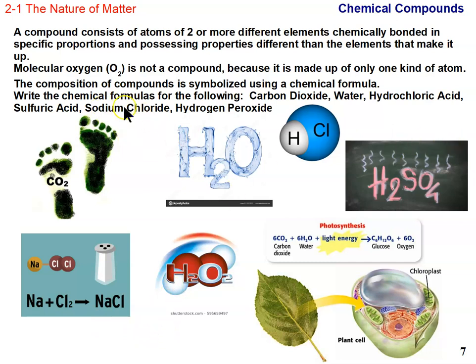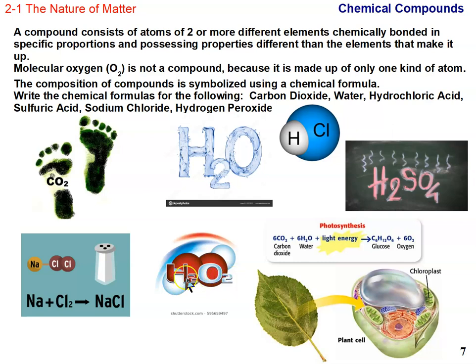Where were we? So that's sodium chloride, and then finally hydrogen peroxide. And this is an example of how when you change the proportions of the atoms, it changes the compound. So H2O is water, right? 2 hydrogens, 1 oxygen. So there are twice as many hydrogens as oxygen. That's the proportion. In H2O2, hydrogen peroxide,